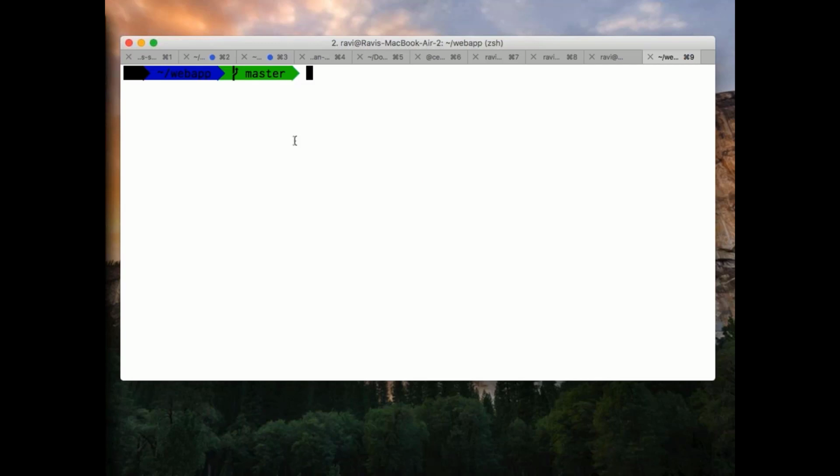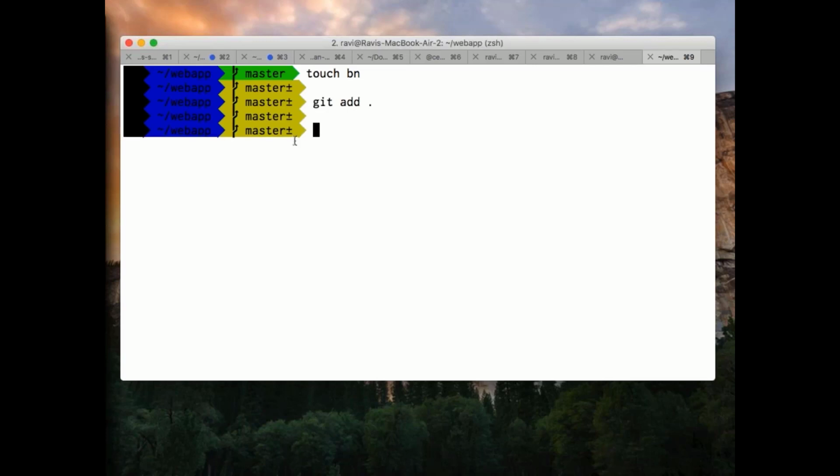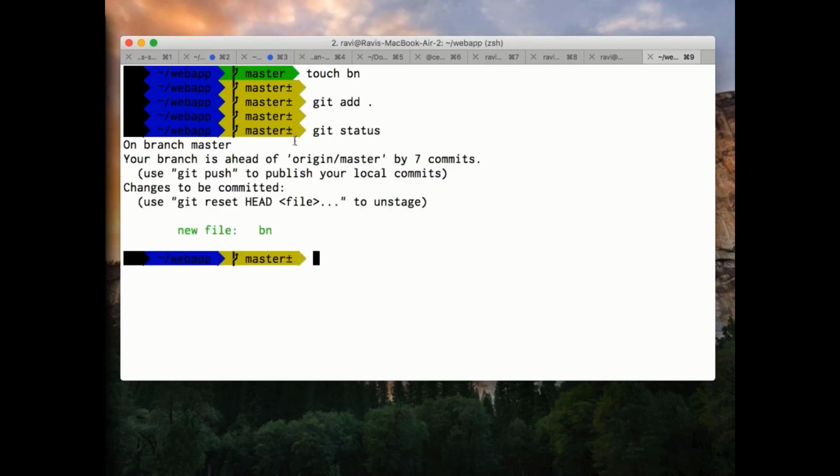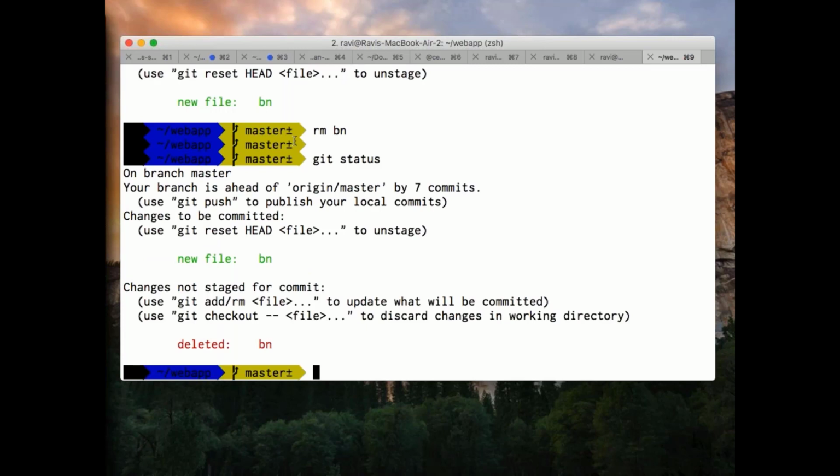No, if you remove the file in staging area, like what I told you, it is my temporary area, virtual area, right? Now let's say I'll do touch bn, right? I'll say git add dot. Now I say git status. So it's there in this particular area. If you want to unstage, it says do that thing. If I do rm bn, right? Now if I say git status, what does it say, you see,